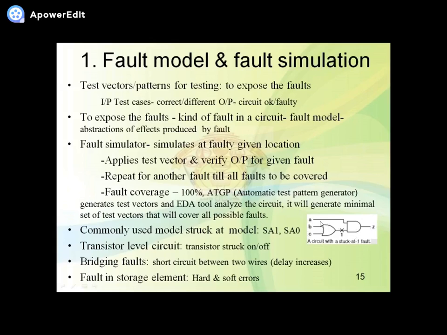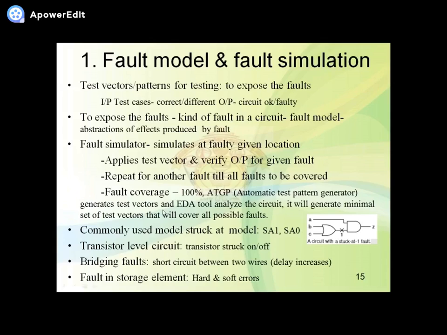So for a particular test case, this fault will be detected when A is equal to 1 and B and C are 0 0. At that time the output you are getting is 1, but you should get output equal to 0, and hence for a particular test case you will find the stuck-at-1 fault at one input of the AND gate. In this way we can find a stuck-at fault. Likewise various faults will be there, and these faults we can detect by applying various test cases.